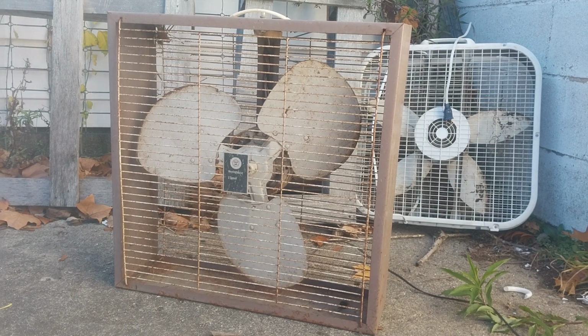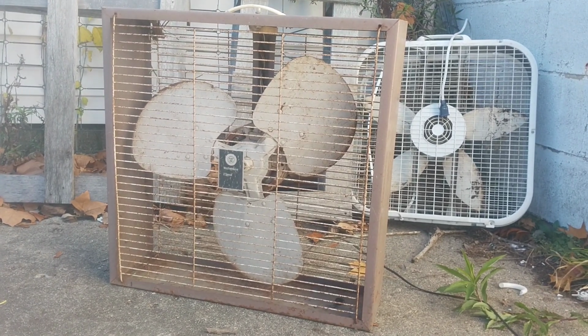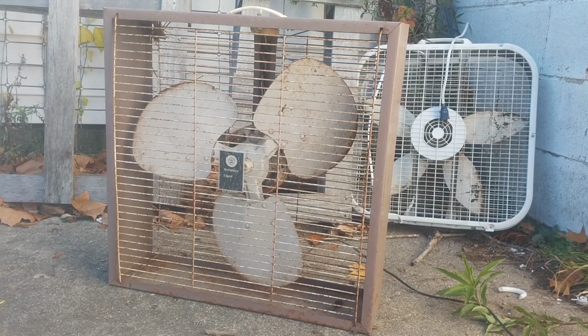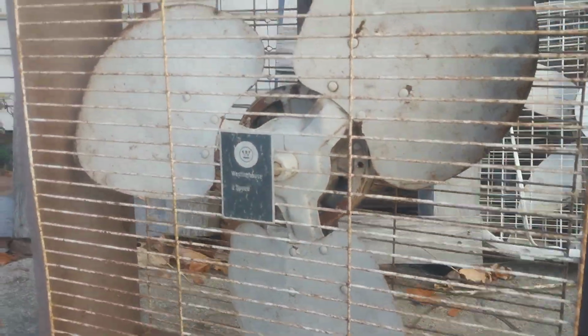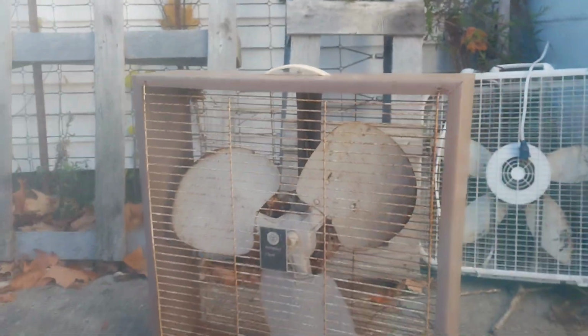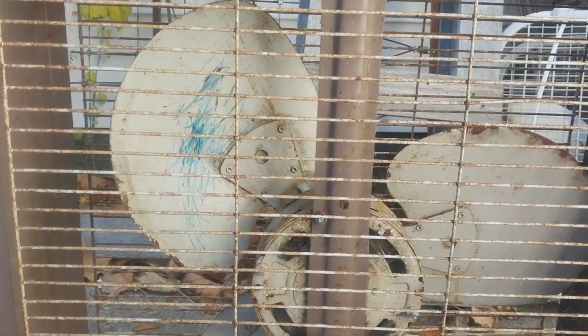So anyway, the reason why it's in the condition it's in is because my grandma used it for a while in her basement, and that's kind of how the rust formed on it. And then the grill was removed for whatever reason. Those were stashed in the garage, and that's why the grill is rusted out. So eventually, at some point, hopefully I can clean it up and restore it. Yeah, it's not in the worst shape, but...